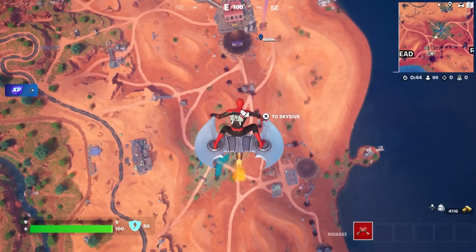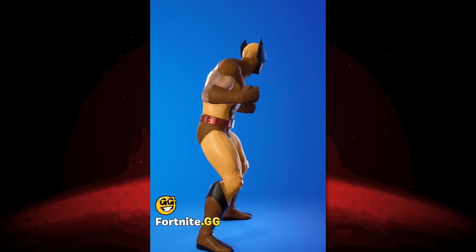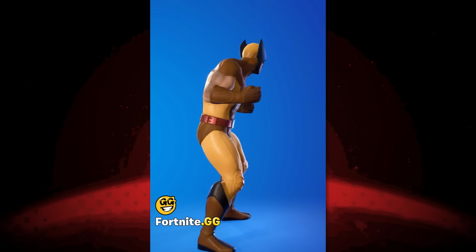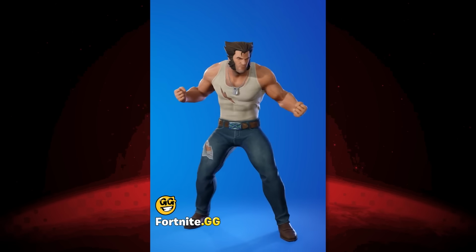He does come with some alternate styles as well. You've got the brown and yellow suit from the John Byrne run, a super easy costume to get right, and yeah, they got it right. Just even here though, he doesn't have the shoulder pads, and I just feel like his body looks a bit too boxy. And then you've got the Logan style, and here's where things get a bit weird,